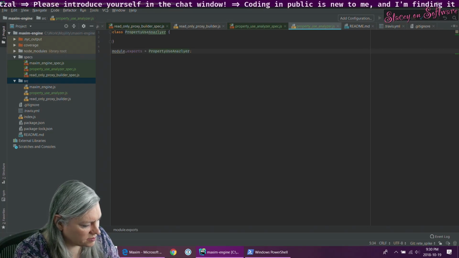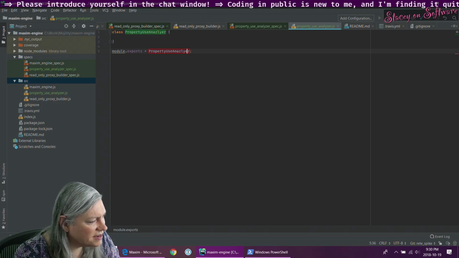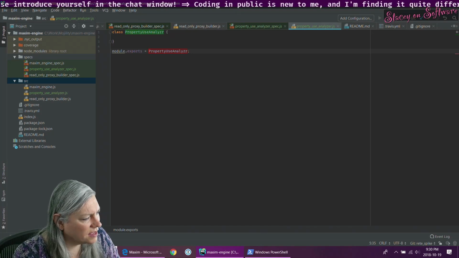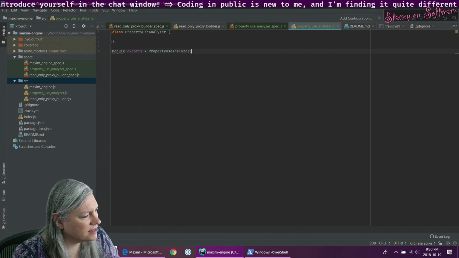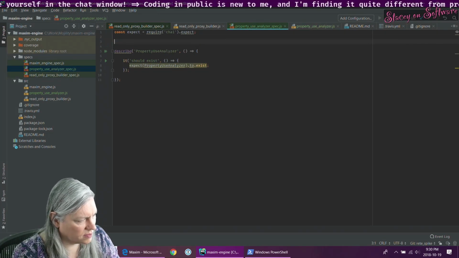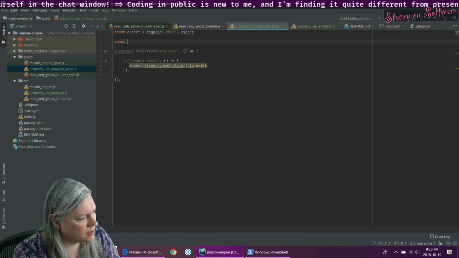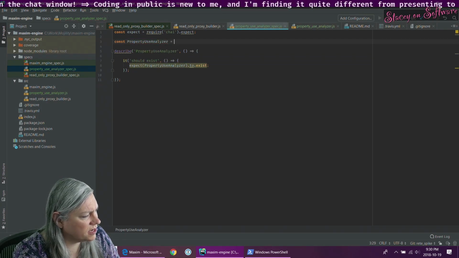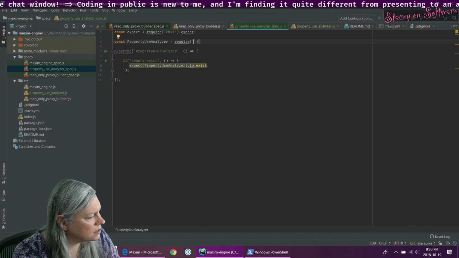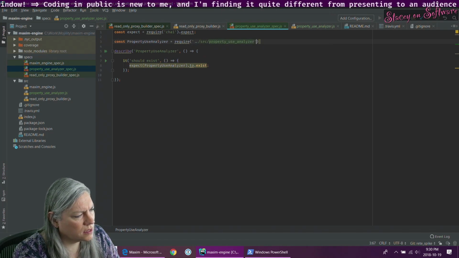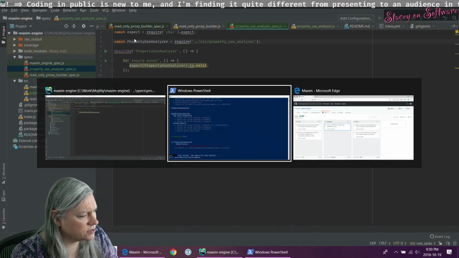That looks a little better. And let's pull it in. And that should pass.